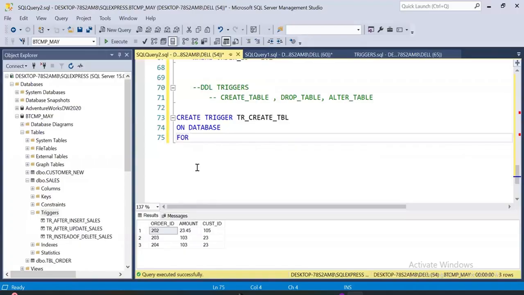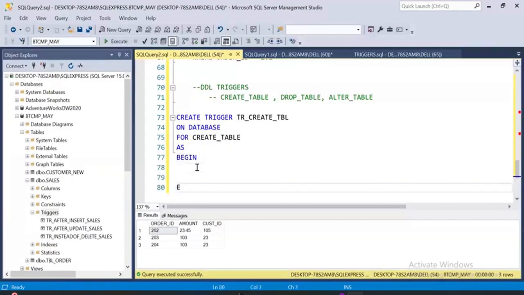It is for what? You need to define the event over here. So I will say for what? Create underscore table. I am defining, then I will say यहाँ पे as and begin and end. ठीक है? यहाँ पे